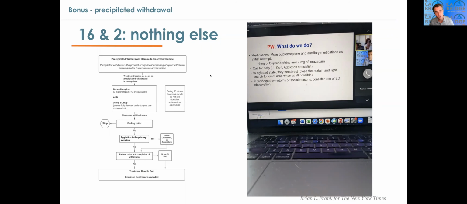Bonus, precipitated withdrawal. This is something that is coming up a lot now with fentanyl. And the reason is that fentanyl is what you call a high efficacy agonist. That means when it attaches onto an opioid receptor, it induces desensitization and intracellular downregulation of the signal. So those things that do that create this poverty environment where there's just not enough receptors that work well for buprenorphine to act. So it's effectively like kryptonite for buprenorphine. So we're seeing some precipitated withdrawal reactions with it. But it's very variable, and it's certainly not every time.